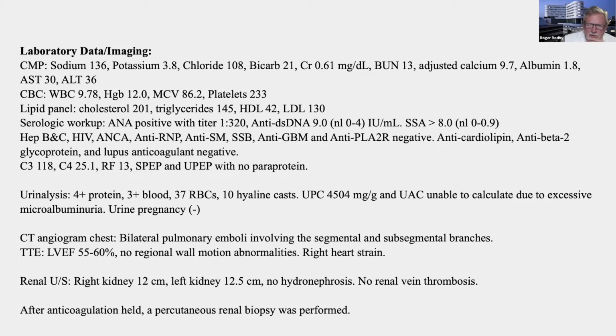What about COVID? Yeah, I did say that she could have a collapsing FSGS from her COVID, but then how do you explain all of a sudden that her anti-double stranded DNA and ANA are positive? So those two things kind of make me think that this is more like a lupus lesion as opposed to that. But that's possible. So we'll have to see on the biopsy if that's what she has.